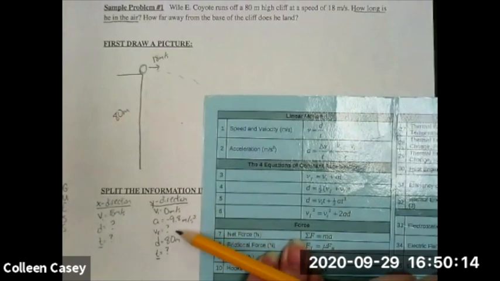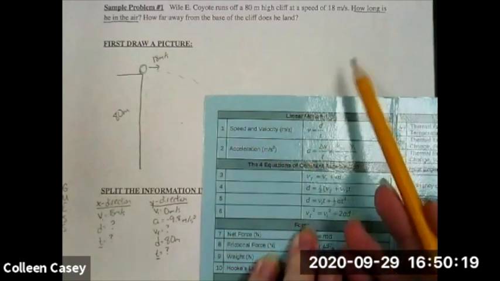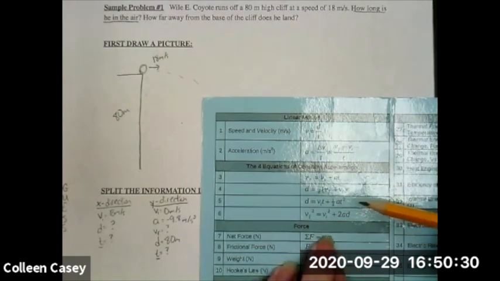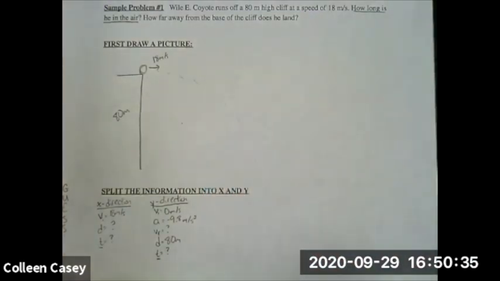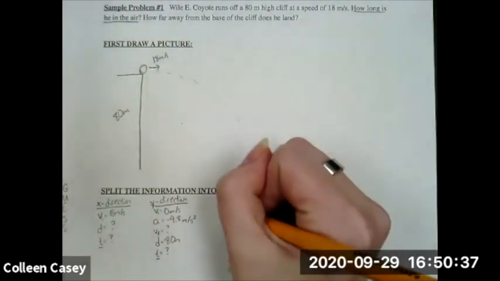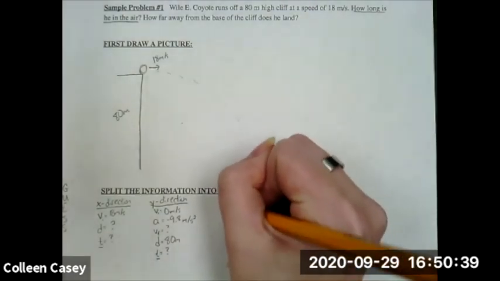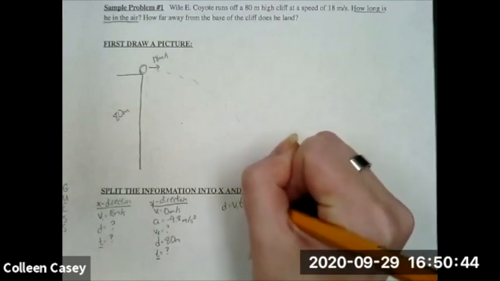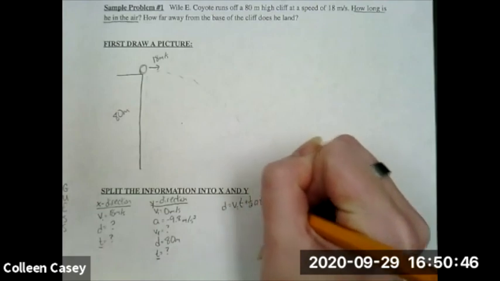But right now, I don't care about final velocity. It does not ask me for final velocity. And like an object in free fall, I've got an equation I can use for when I don't know about final velocity that I can use to find the time. So I'm going to use my equation number 5 from the equation sheet to find the time it takes Wile E. Coyote to fall. So I've got the distance is equal to the initial velocity times time plus 1/2 AT